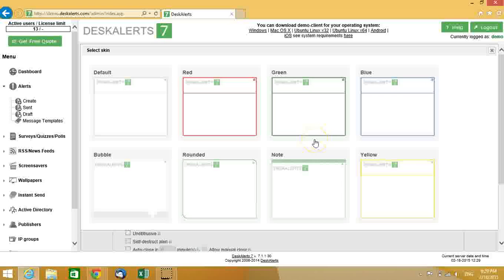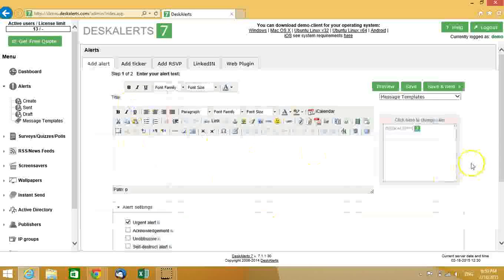On the first step we need to select a skin. A skin is a template of the DeskAlerts pop-up window. We have a list of predefined skins here with different border colors and shapes. On your request, when you purchase the software, we can create custom branded skins with your corporate logo and colors. For my demo presentation, I'm going to use maybe this default one with gray borders,